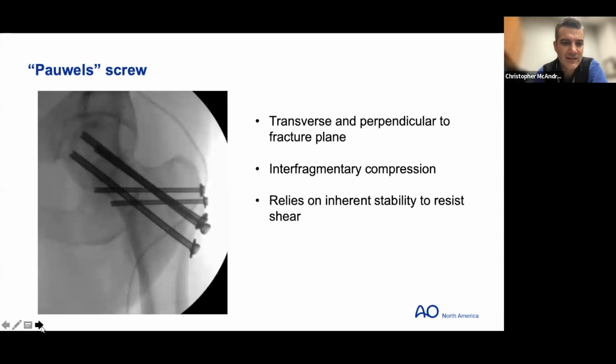Again, like Dr. Earhart said, the idea that this reduction has to be clicked in to some degree, because that's the resistance of shear in this situation, still cannulated screws. But if you've generated that compression and you've got that reduction, that's a really elegant way to make use of